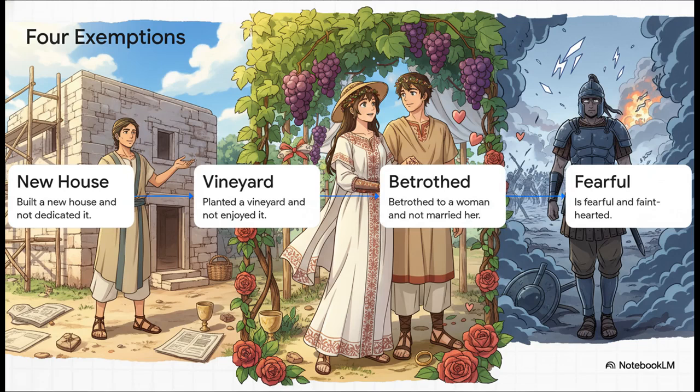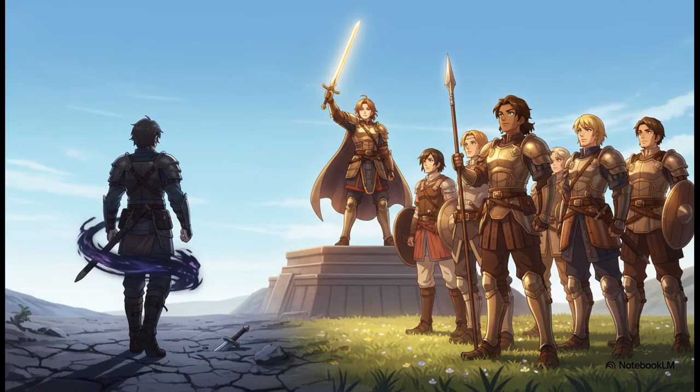But the 4th exemption? That one is a little different. The shoterim ask, "Is any man afraid or faint-hearted?" And the reasoning behind that 4th exemption provides some honestly fascinating psychological insight. Verse 8 says the fearful man must go home, lest his brethren's heart melt as his heart. You see, the ancient commanders understood perfectly that panic is highly contagious. Just one terrified soldier could completely tank the morale of the entire unit. For them, it was way better to have a smaller, thoroughly courageous army than a massive one that was infected with paralyzing fear. Once those men are sent home, verse 9 tells us that commanders are finally appointed to lead